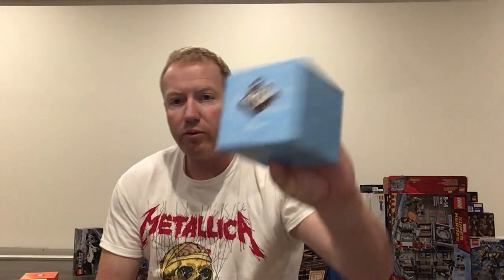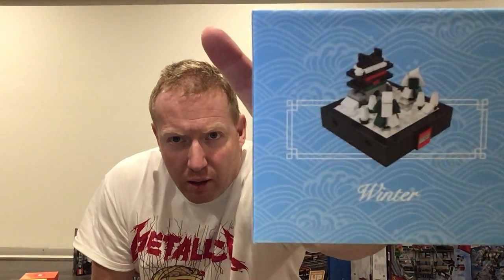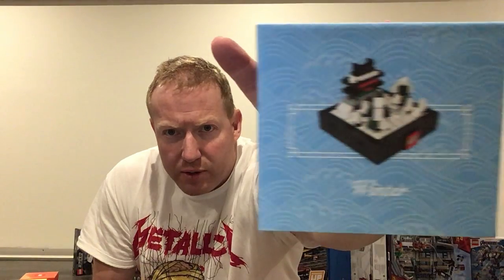Now these are little random sets. This one was a winter set that came out a few years ago. It's a gift with purchase from my local Toy World. They put them aside for me. Then there's